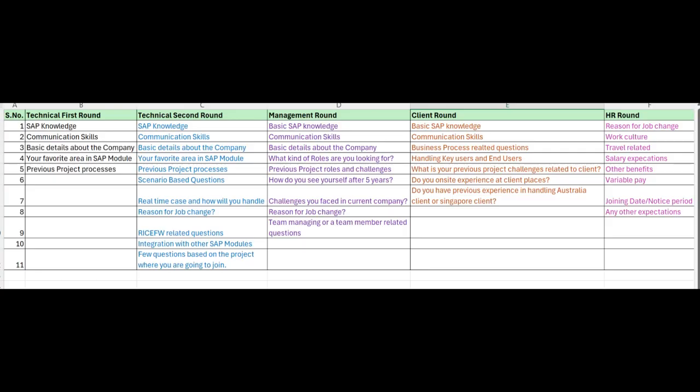And the reason for job change. You might get this question in this round also. If you say new learning, your company also might have new learning, so you need to give a justification like, yes, I'm working in a 4 year agreed support project. It started around 6 months ago.